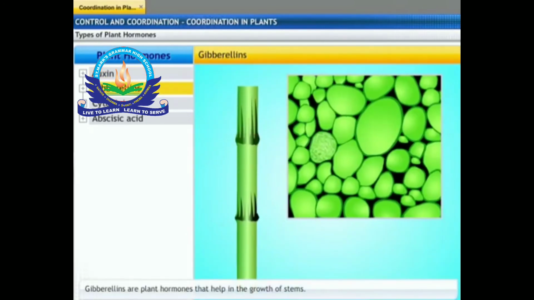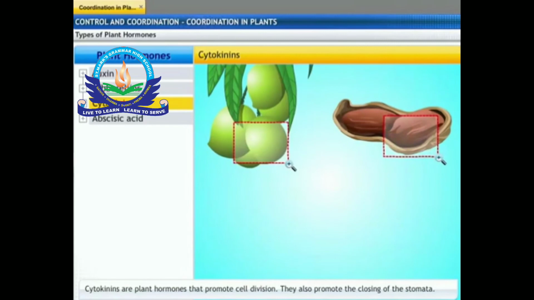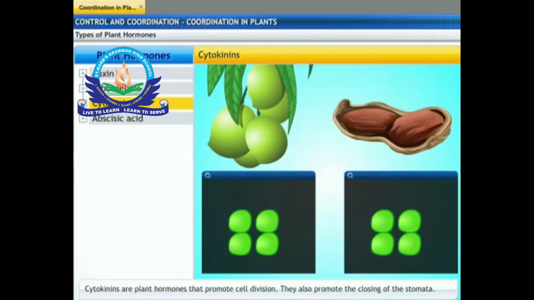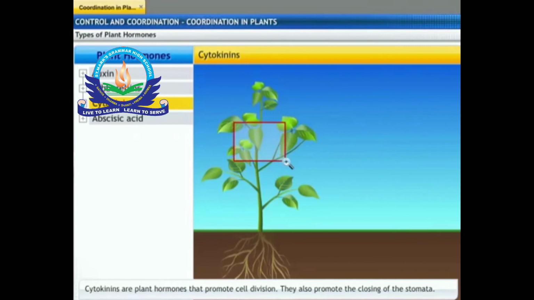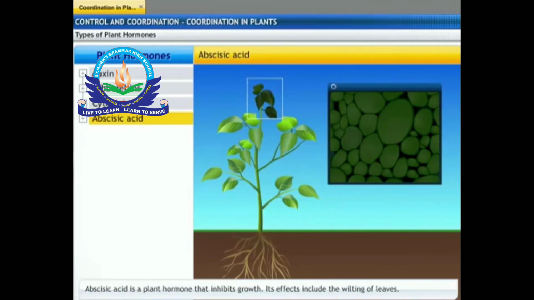Gibberellins. They help in the elongation of internode and play a role in the growth of the plant along with auxins. Cytokinins promote cell division. They are present in large numbers in areas of rapid cell division such as fruits and seeds. They also promote the opening of the stomata. Plants also need signals to stop growing, and these are provided by the hormone abscisic acid, which inhibits growth. Its effects include the wilting of leaves,